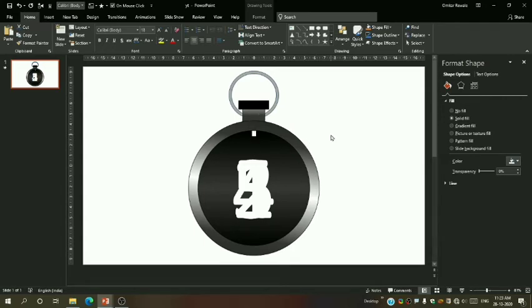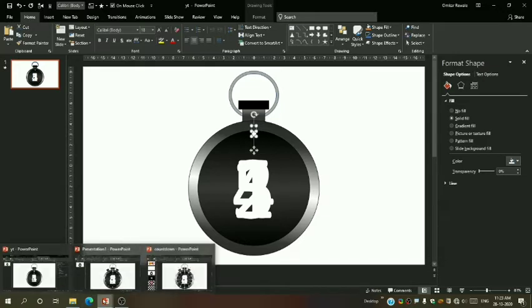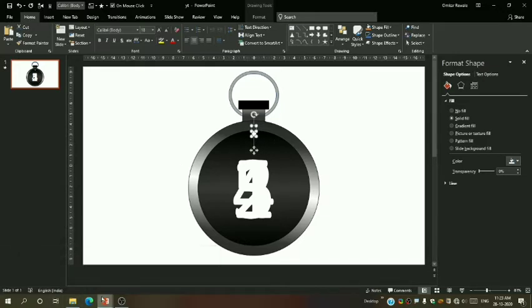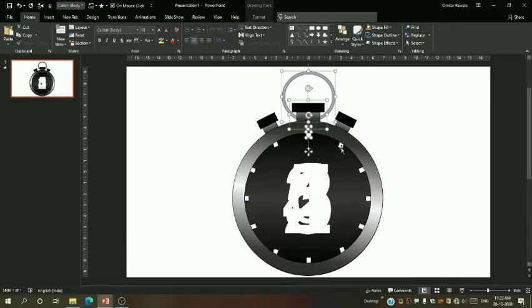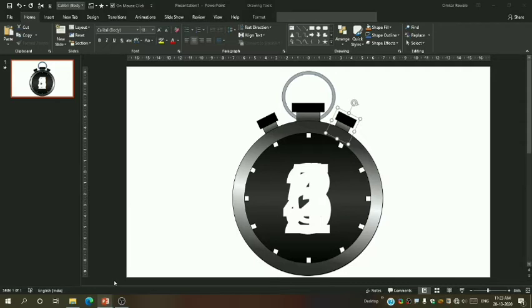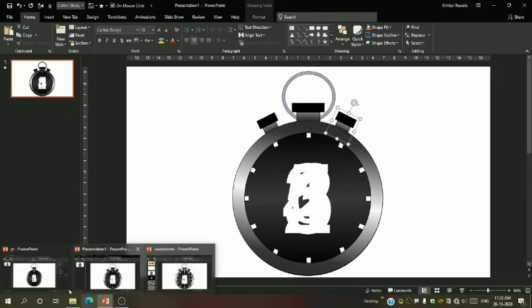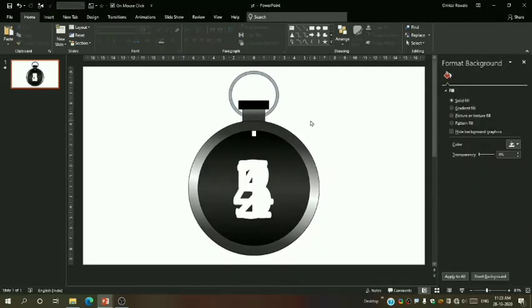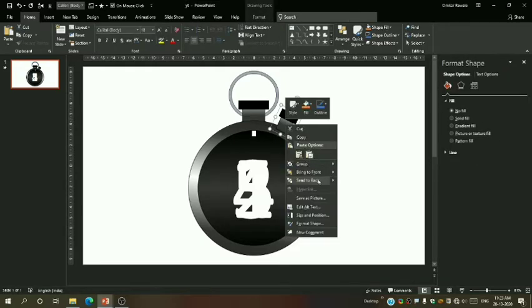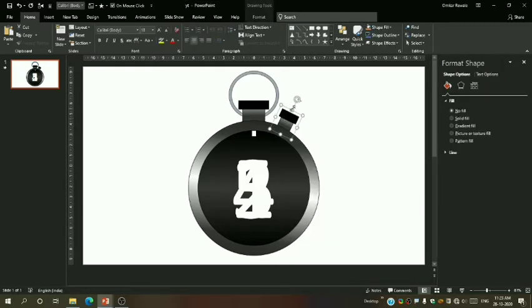Okay, now likewise you can arrange it everywhere like shown in this. These all are the same ones, and this one let me copy here. Okay, let me send this to back, and I will duplicate this by pressing Ctrl plus D.